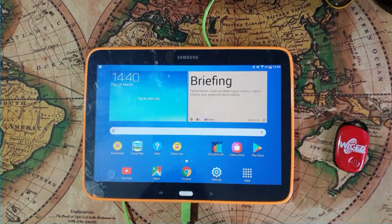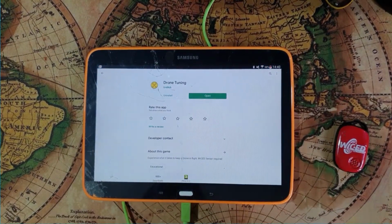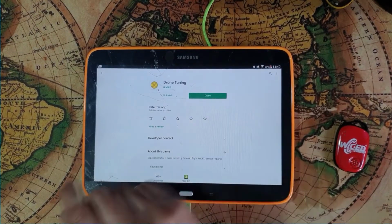So the app is currently available on the Play Store. It's called Drone Tuning. It's completely free as well as being ad free. I've already installed it. So if I hit the open,